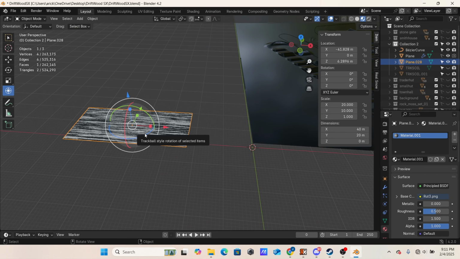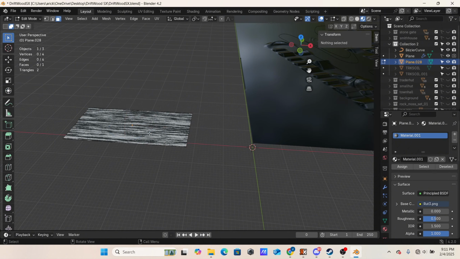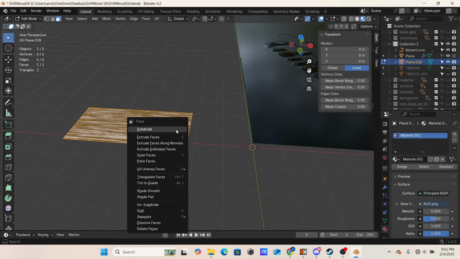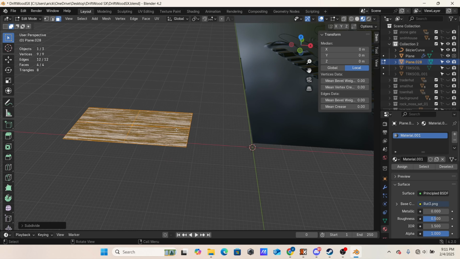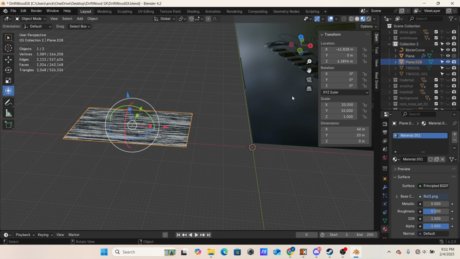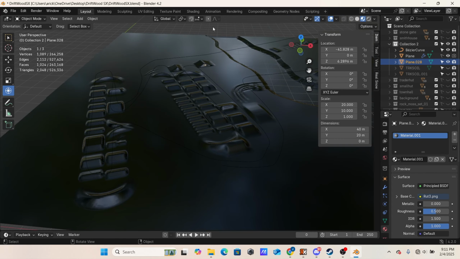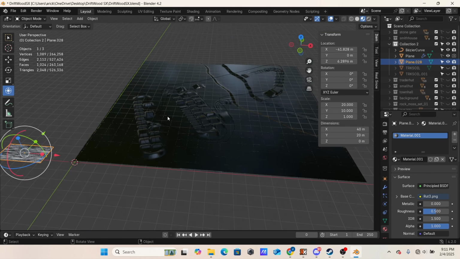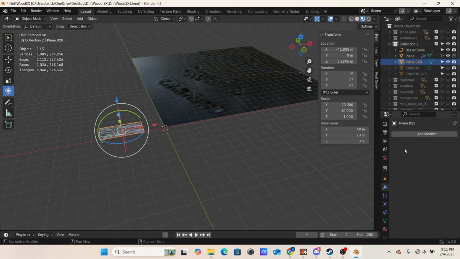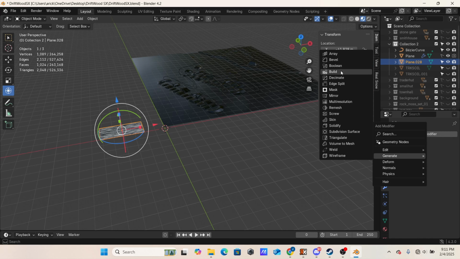And the key with the plane is you're going to hit tab, okay? Make sure it's selected. Right click on your mouse and subdivide. You're going to subdivide a few different times here, and this is going to allow it to curve on your track path. So now that we hit tab and we have our plane selected, we're going to go modifiers, add modifier, generate,